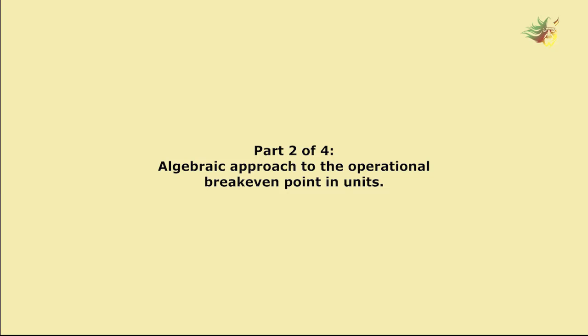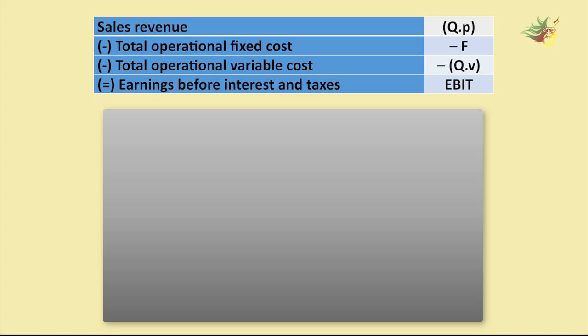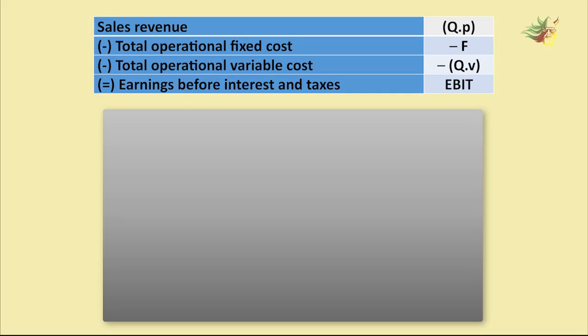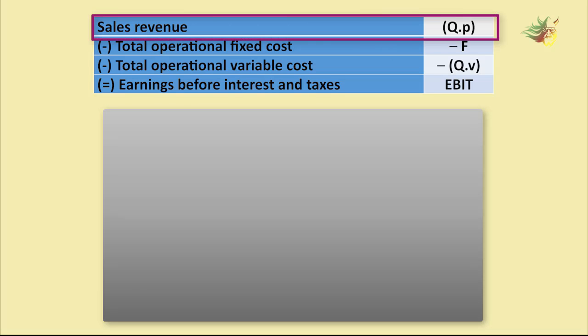Part 2 of 4. Algebraic approach to the operational break-even point in units. Analyze the simplified operational structure of the income statement on screen. Sales revenue, a result of the quantity in units of products or services sold Q, multiplied per the unitary sale price P,